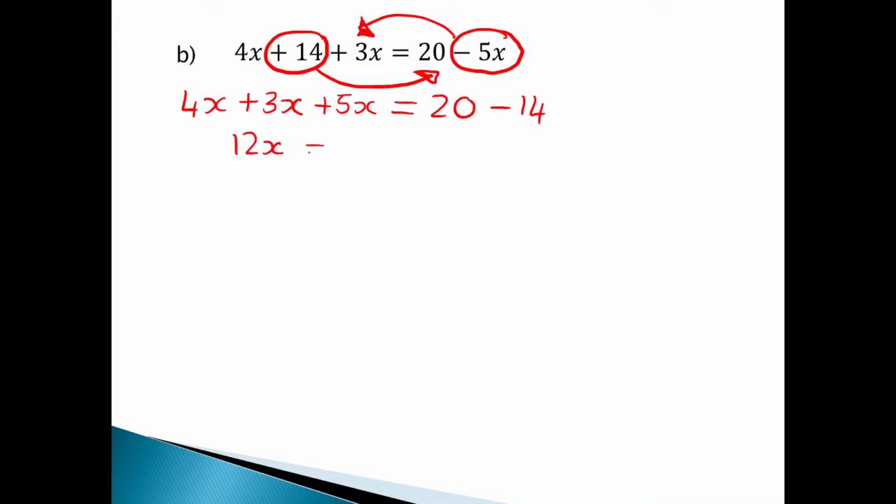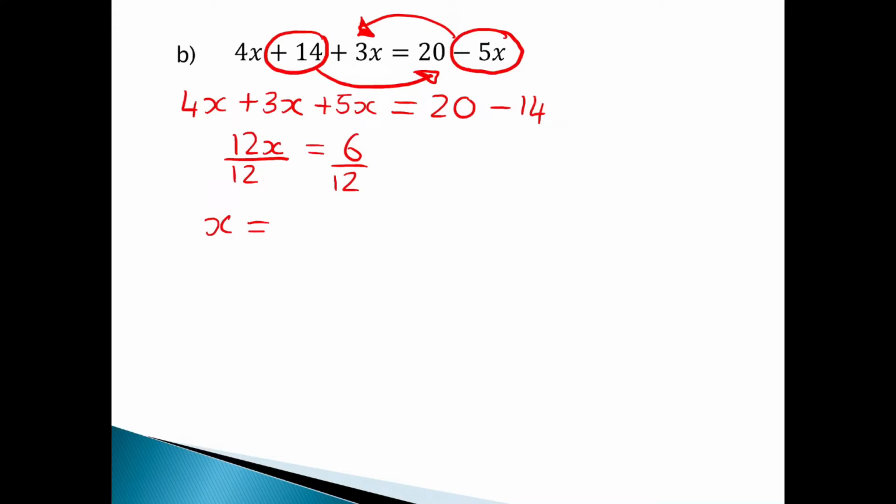12x equal to 20 minus 14, which is going to give me 6. Okay, then you want to divide by your coefficient of x again. So now we want to divide by the coefficient of x, which is going to be 12, and divide by 12. Okay, so 12x divided by 12 is going to give me just x on its own, and now 6 divided